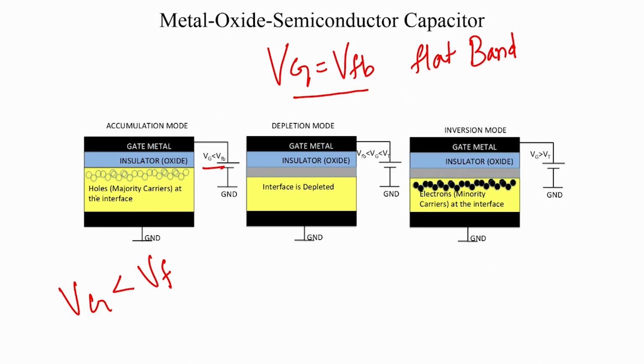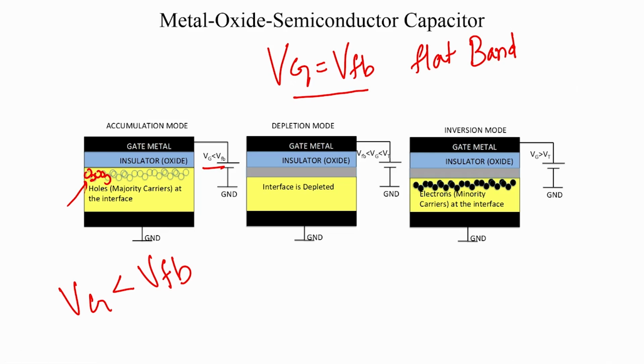we bring the majority carriers to the interface. Here we are talking only about a p type semiconductor. The same arguments hold for an n type semiconductor, the only thing is you need to watch for the electrons being the majority carriers and holes being the minority carriers. But here we are talking about a p type semiconductor. So, when Vg is less than Vfb, we bring holes to the interface, so the holes start appearing at the interface,